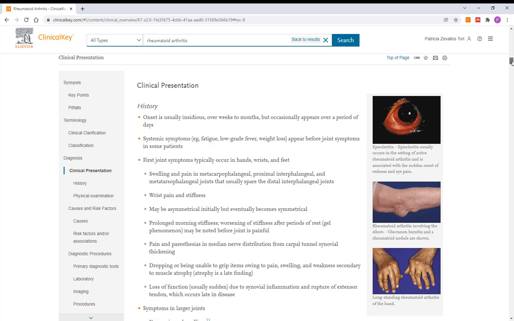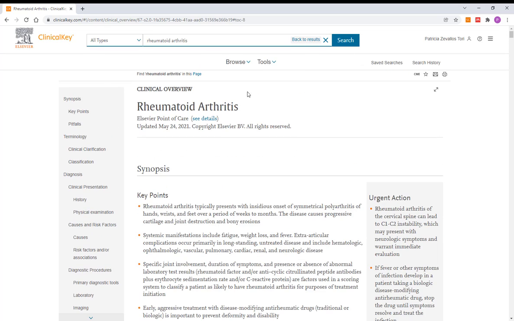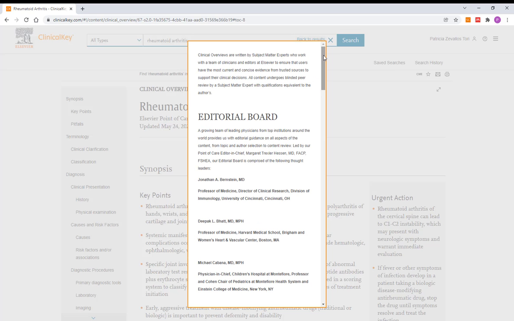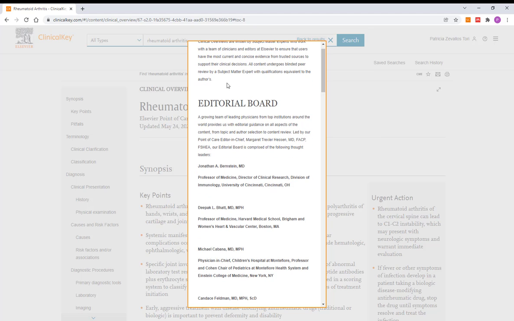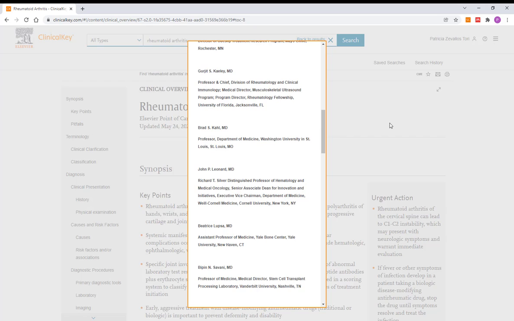Remember that in Clinical Key we have all this information related to the clinical overview, in this case of rheumatoid arthritis, that is built by a team of Elsevier that is always working on updating this information.